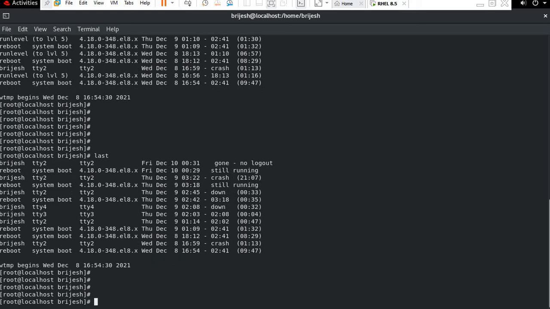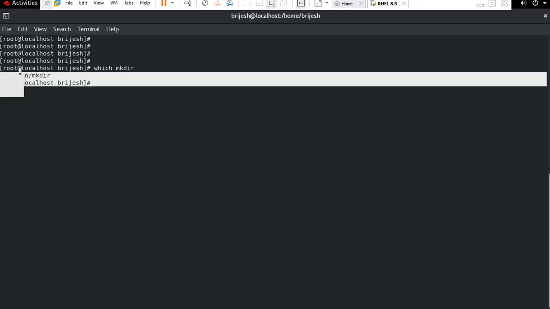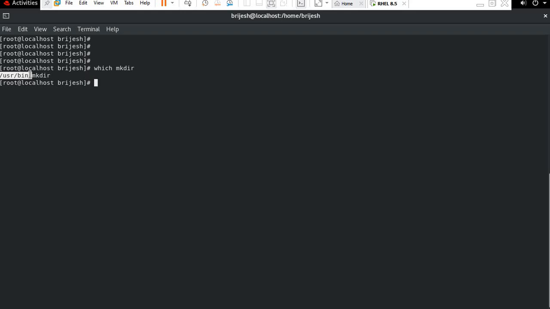Okay guys, now we have more commands. How can we see our files and command locations? I will tell you. First I'm going to clear it. Type which mkdir, so it will show, you can see, under the usr bin you will be able to find mkdir, like that.